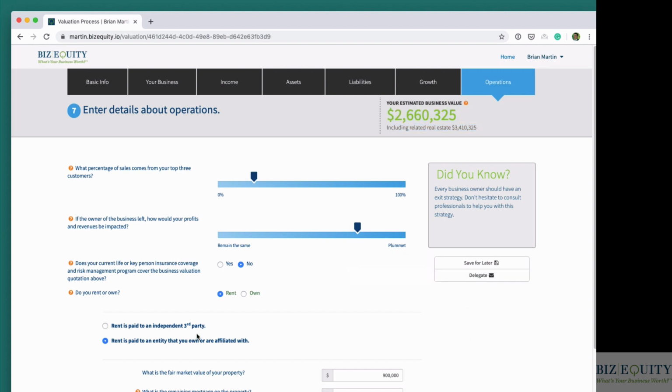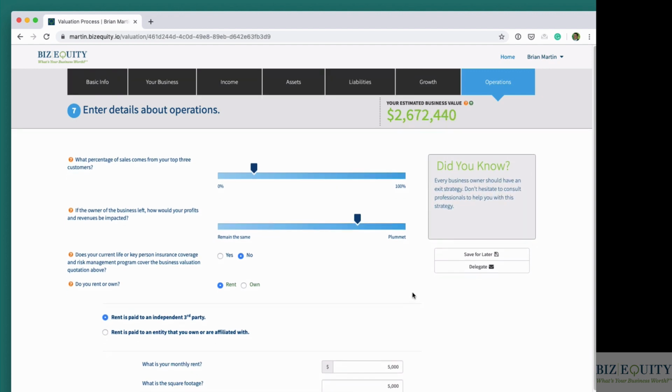Or if the business owner does not own their property, they just pay rent. We'll check this rent is paid to an independent third party, and now we just have the business value. So now the data entry process is complete. So when I hit save and continue, since I'm logged in, it's going to take me directly into the company